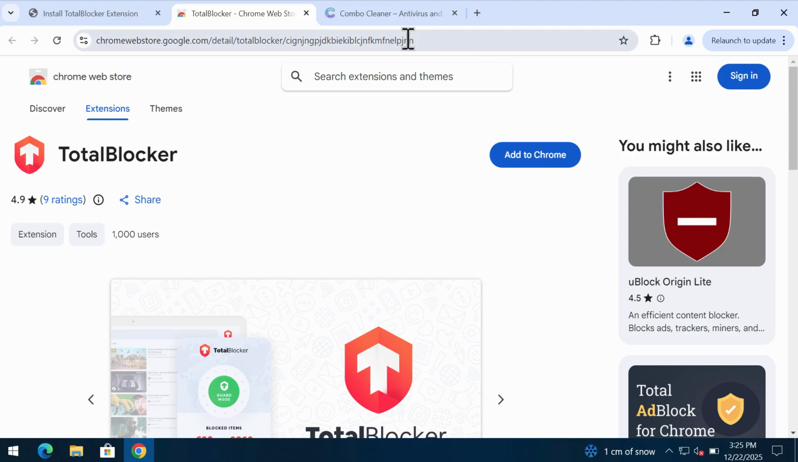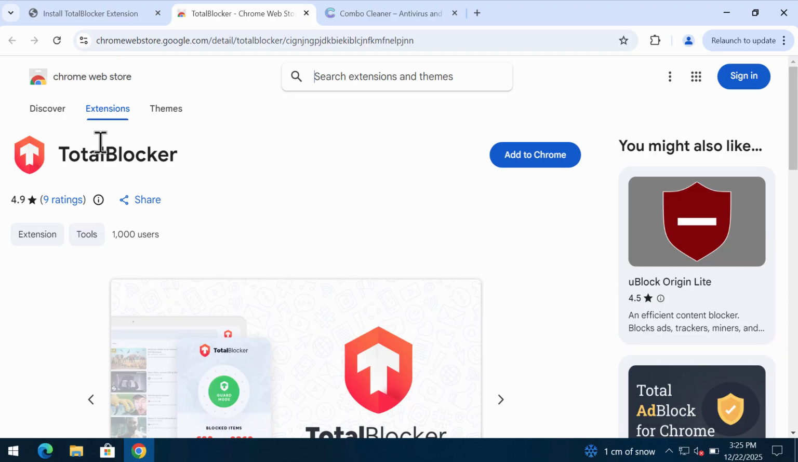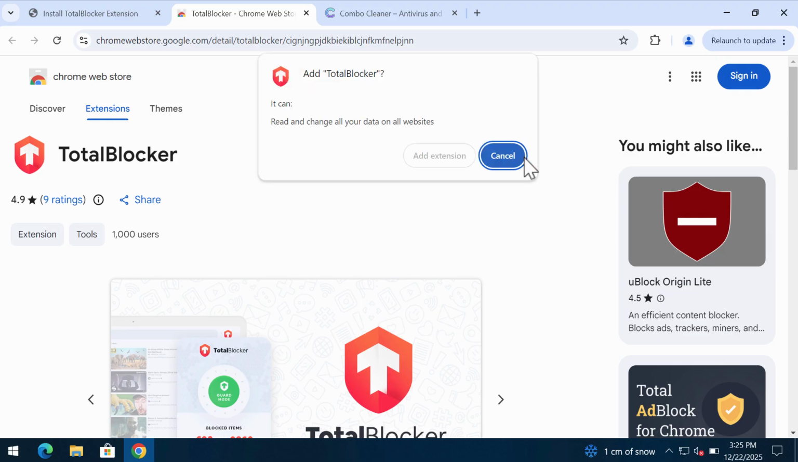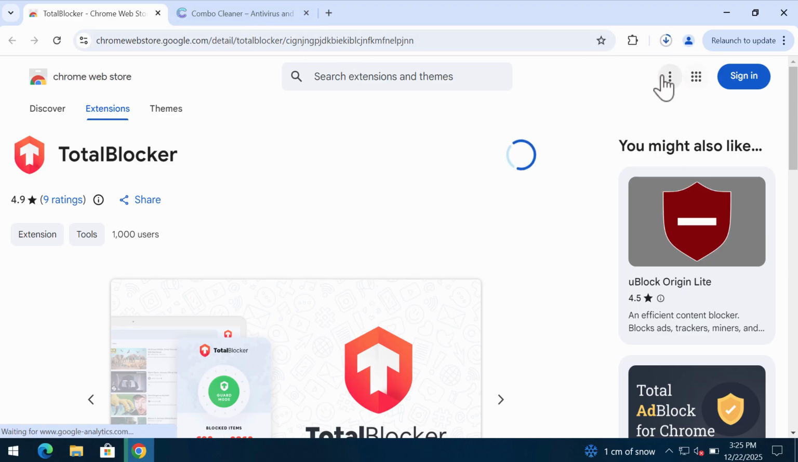This is the video that will help you to remove the malicious extension called TotalBlocker. It's not really malicious, but it is dangerous because it actually functions as adware. Once installed, it may display plenty of annoying advertisements not related to the sites that you visit. So if you see these pop-ups and the extension called TotalBlocker, you need to disregard the pop-ups and to get